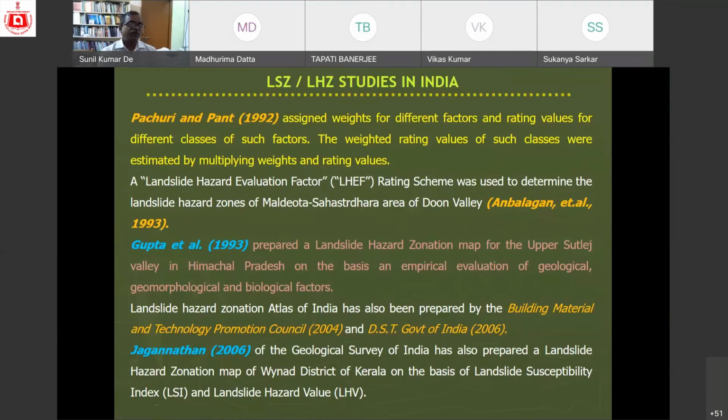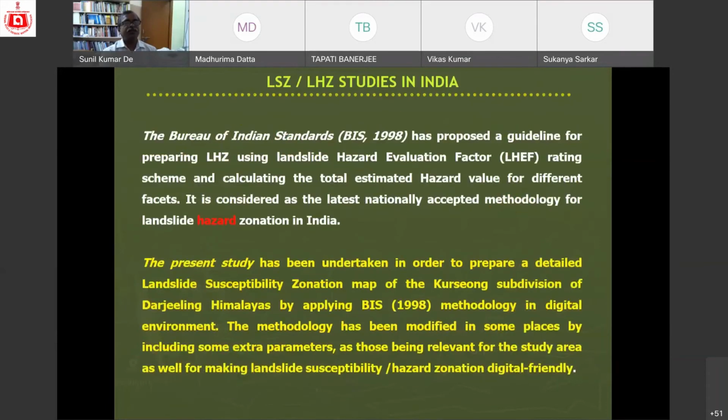By this way, when individuals started to publish, then our Indian body, BIS, the Bureau of Indian Standards, formed a committee taking experts from different fields. For example, they took somebody from university level, from GSI, from the Ministry of Earth Sciences. From the scholar part, we were also in that committee, and the leader was Professor S.K. Tandon. After that, they prepared the Bureau of Indian Standards in 1998.